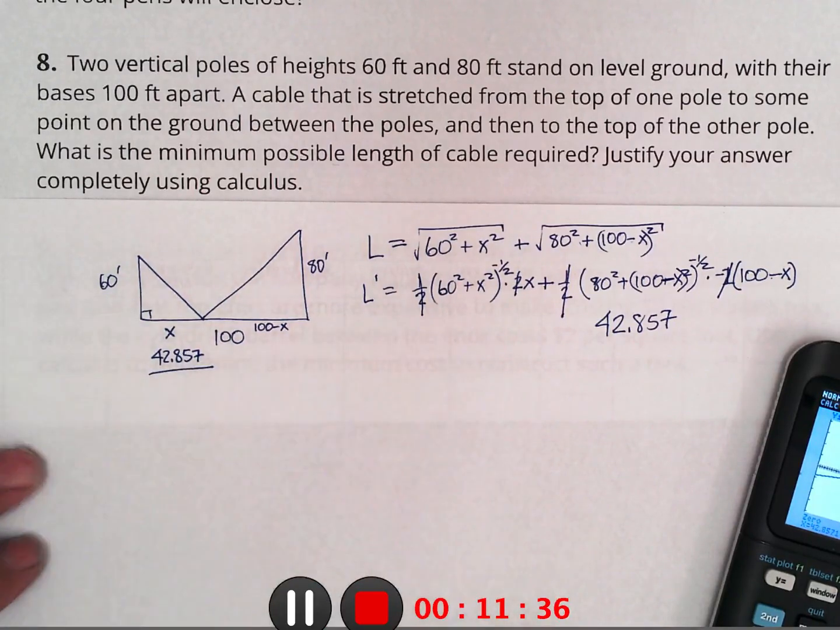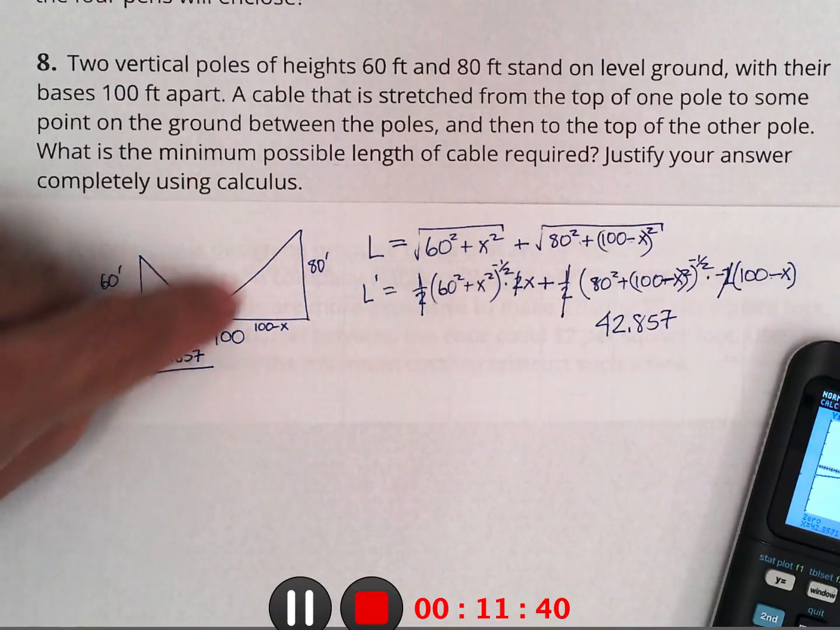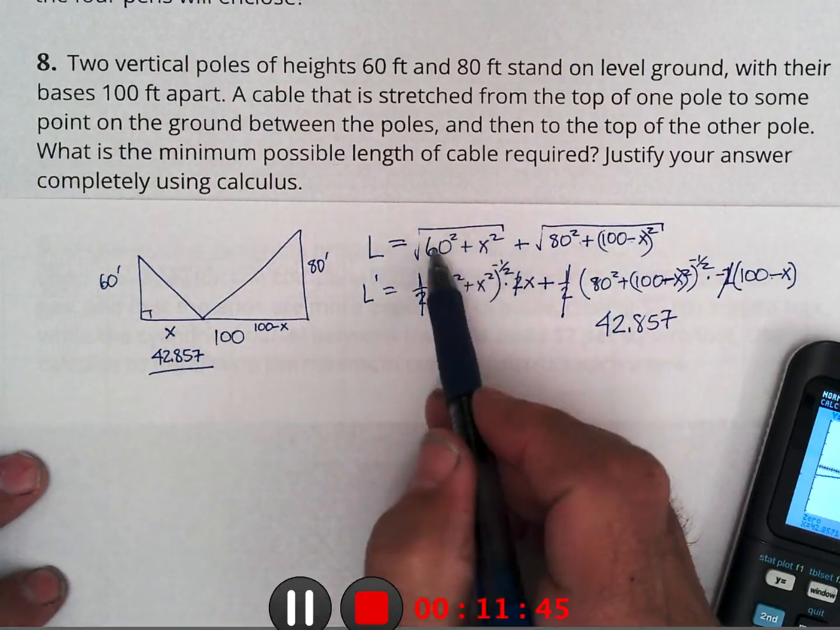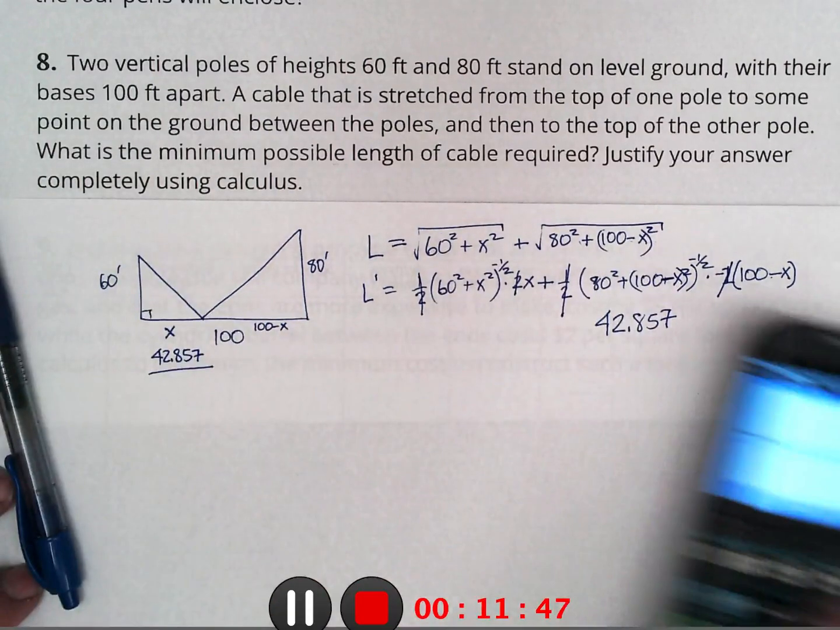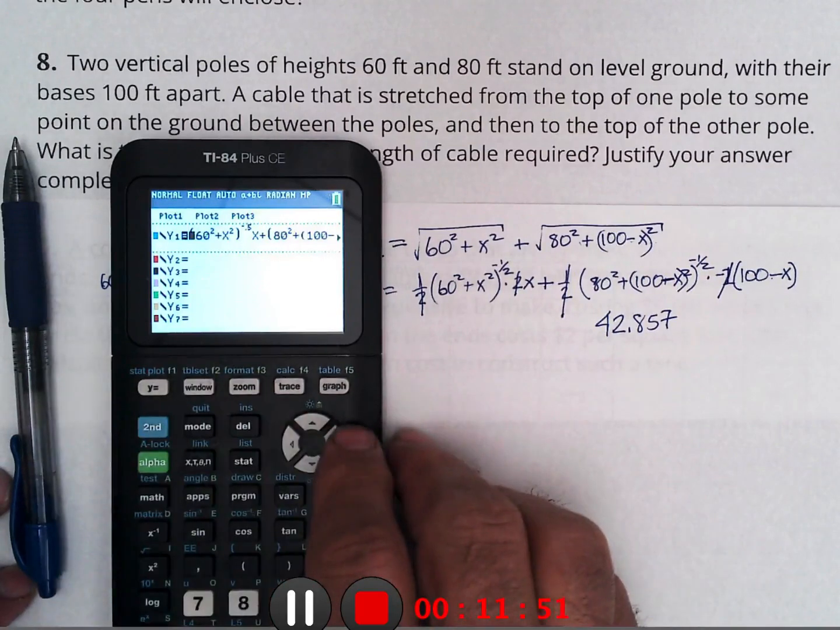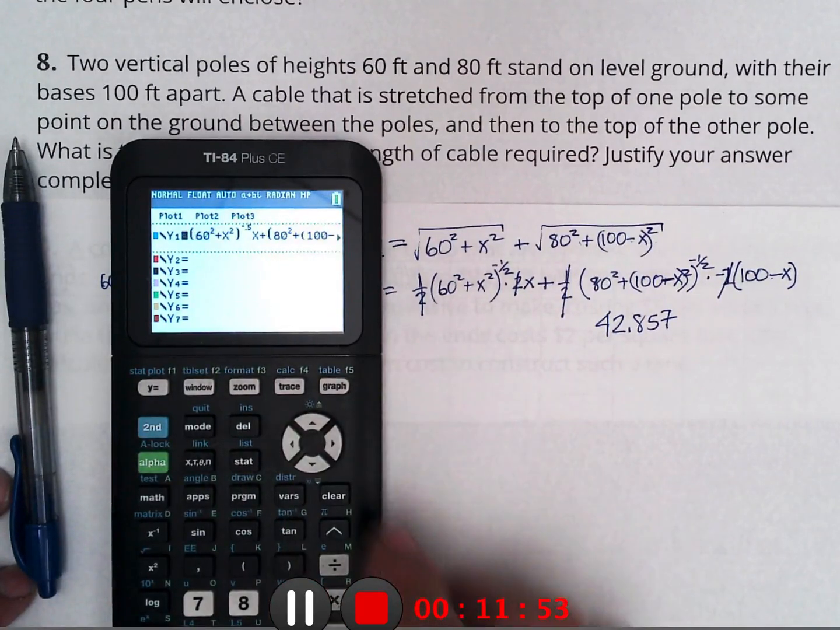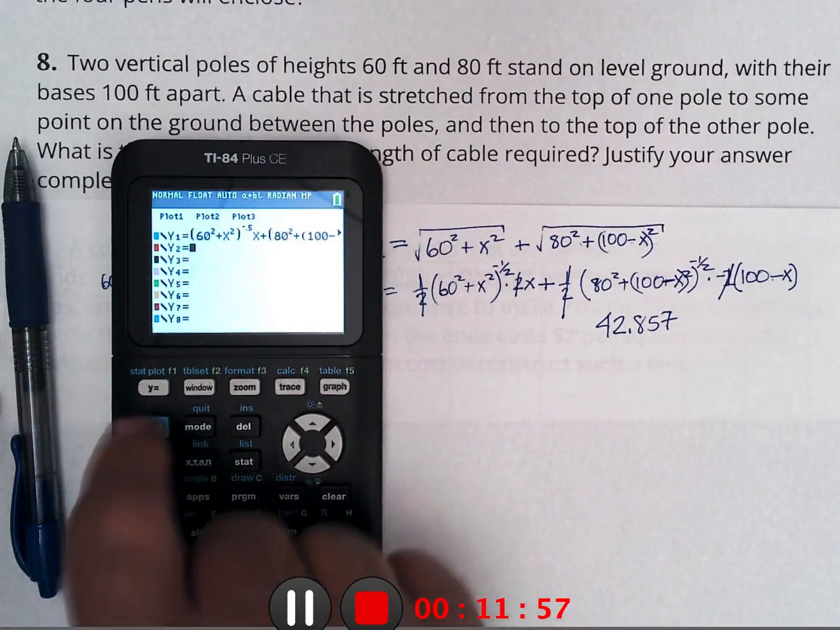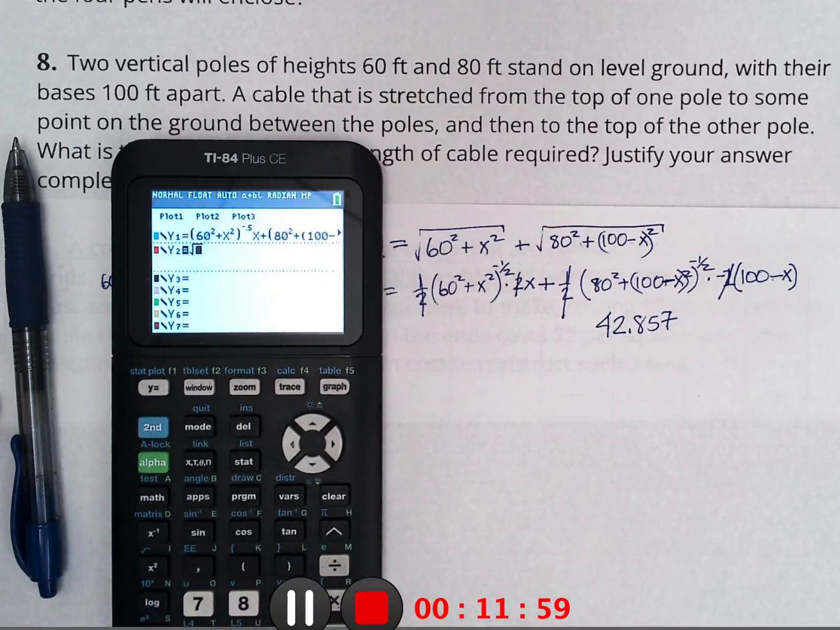But they didn't want us to find X. They wanted to find us the length of the cable. So I've got to put that in for my X's in that original equation. So to do that, I'm going to go up here, and I'll just turn this one off, and I'll come down here, and I'm going to type in the square root of 60 squared plus x squared